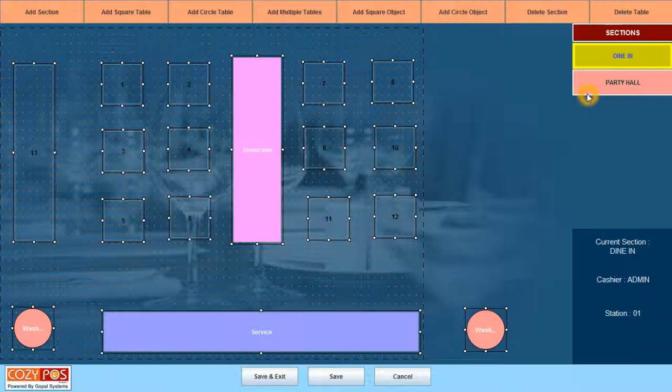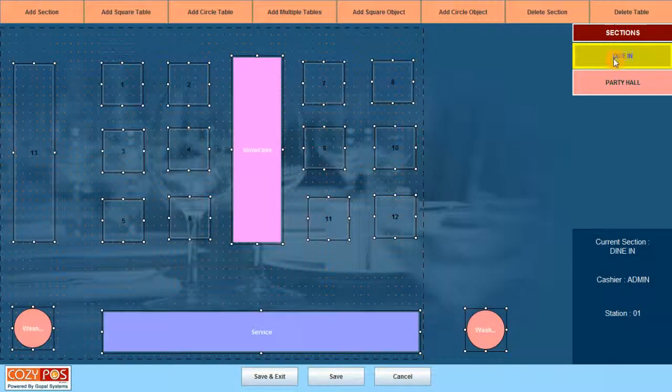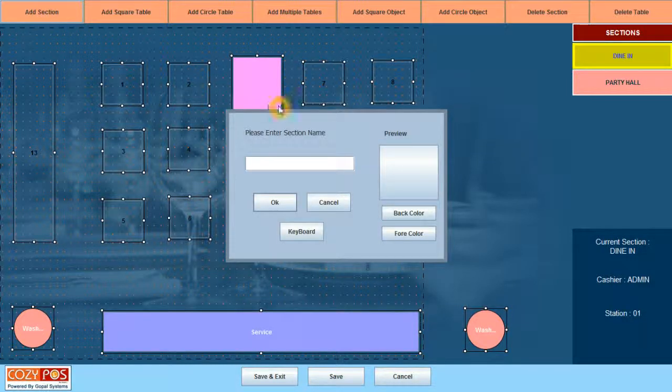Now here on the right side top, you can find sections that we already created: dine-in and party hall. Suppose now we want to add any section, then we can add a new section from here. We'll click on this, then it will prompt for a name, section name.